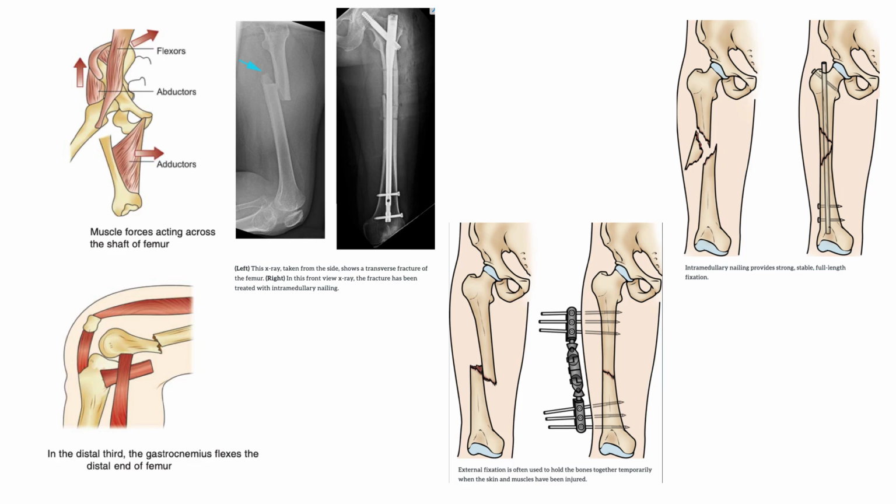In the distal third, that is the below image which I just showed, the colored bottom image, this is flexed due to the action of the gastrocnemius muscle. And the blood supply of the shaft of the femur is rich and adequate, and thus the fracture in this area usually unites well. So, as I mentioned, the muscle forces should be taken into consideration when someone is planning the treatment for the femur fracture, because these muscle actions are very important to know its outcome as well.